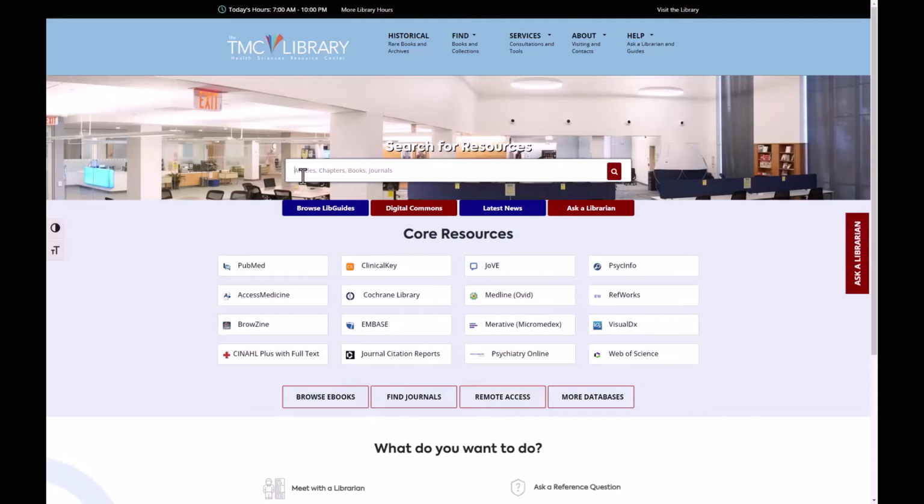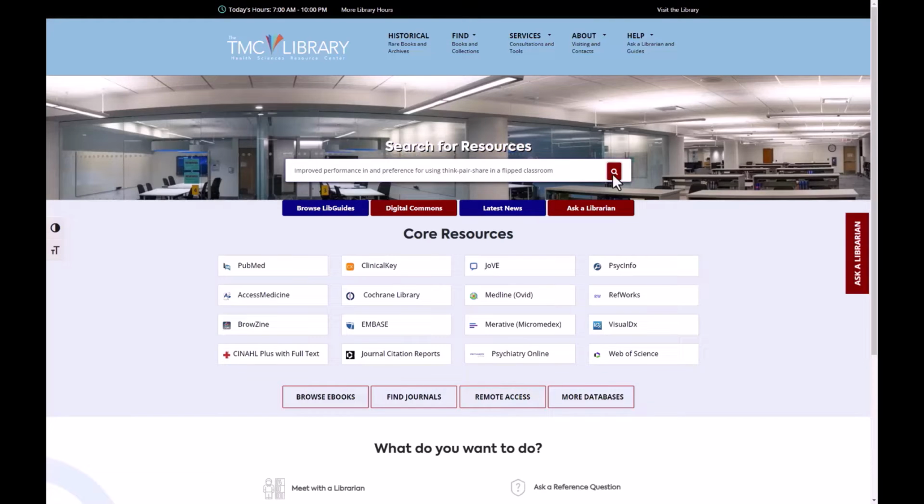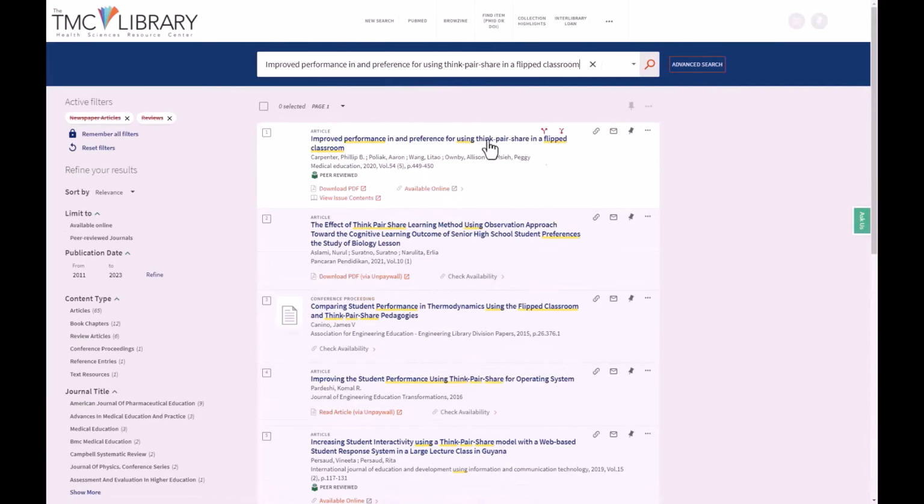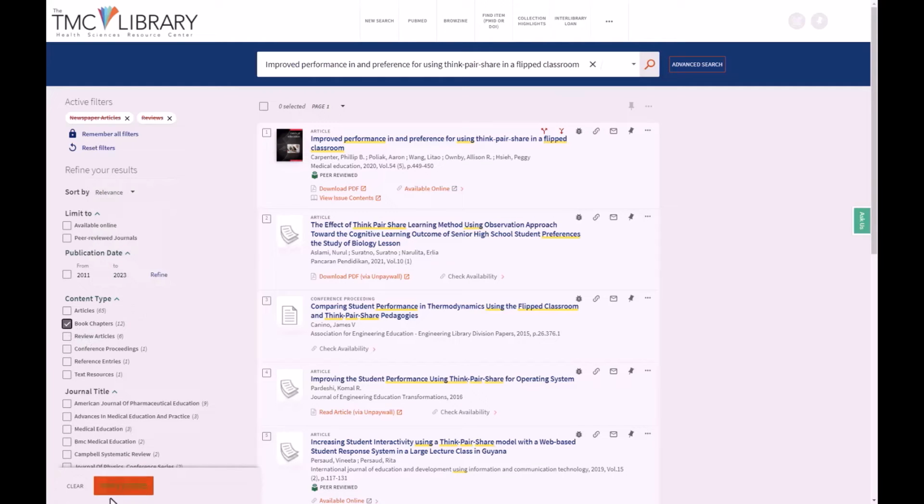OneSearch. Type in a word, a phrase, or a combination of words appearing in the article's title. The search tool assumes that you're searching for all of the words entered. The results page will display the first 10 hits sorted by relevance. You can use the Sort By drop-down menu in the left to display items by date, title, or author. The limits in the left sidebar can be added to include or exclude items by publication date, content type, language,